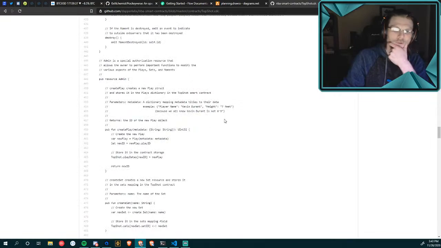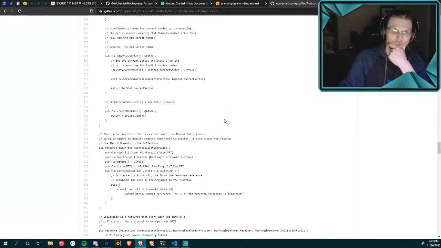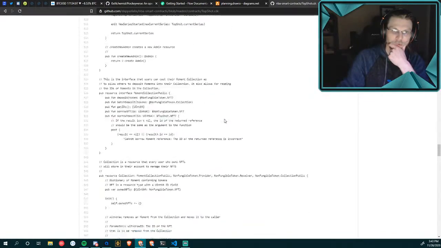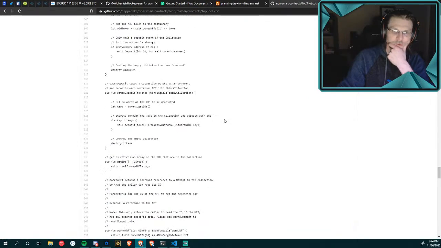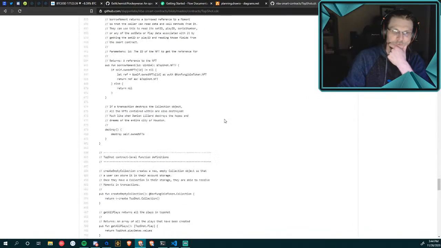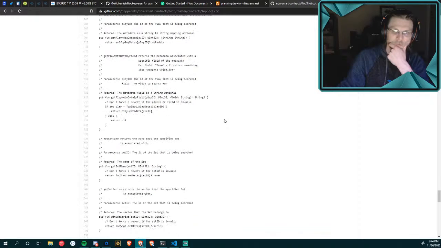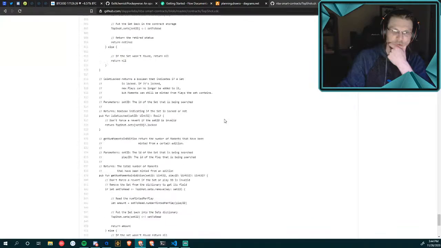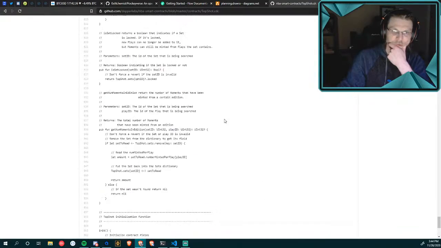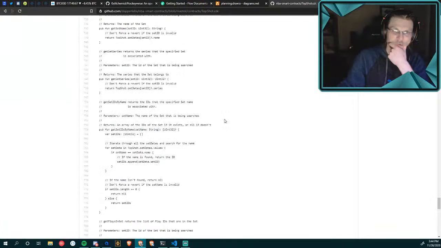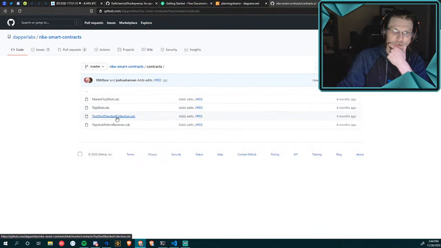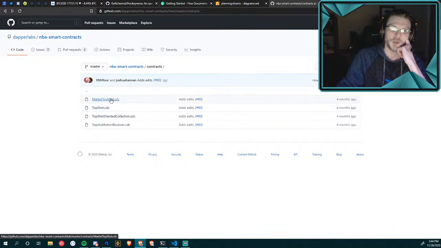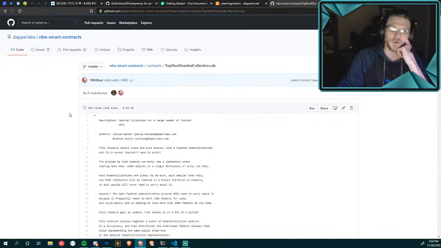So this is all specific to... there's a fair amount here. They've broken out the sharded collection, the marketplace, which is totally understandable. I can't remember if they're still using this.